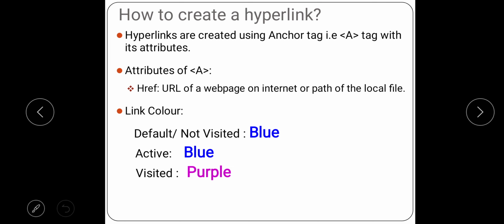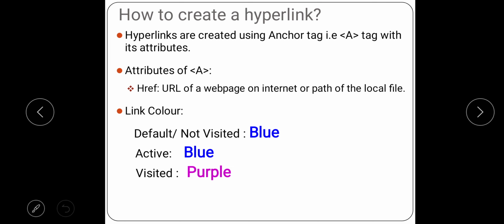Second, active link. Active link means, see, whenever you take your pointer on a link, it doesn't remain the pointer anymore. It turns into a hand, right? You can see and try on your own PCs. So when you take that pointer on the link and you click, at that click instant it will have some different color or maybe the same color. So that part is called the active link, means which is just clicked, right?